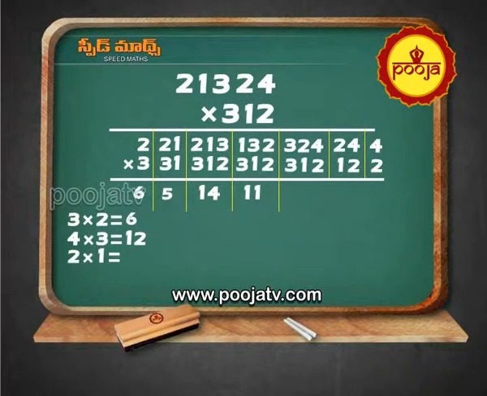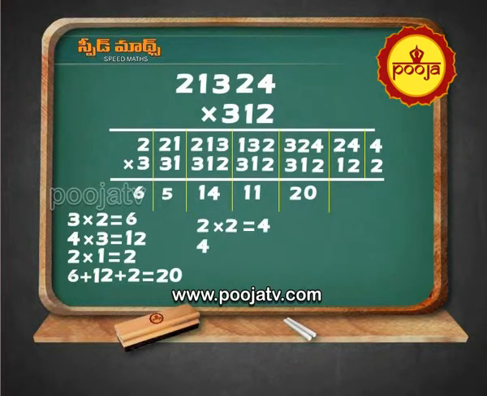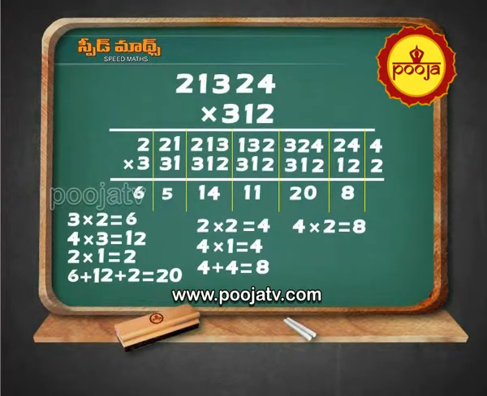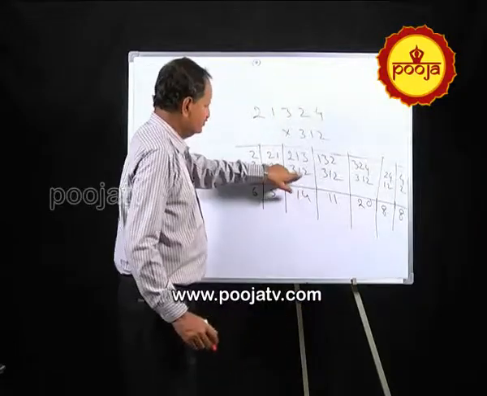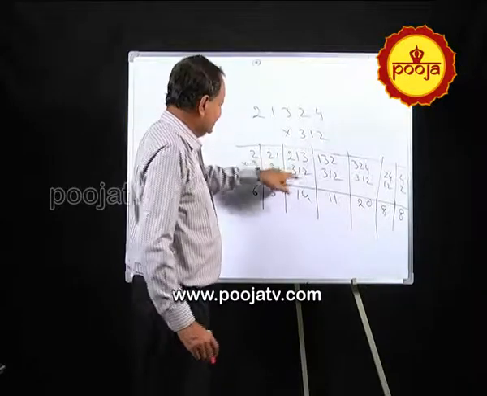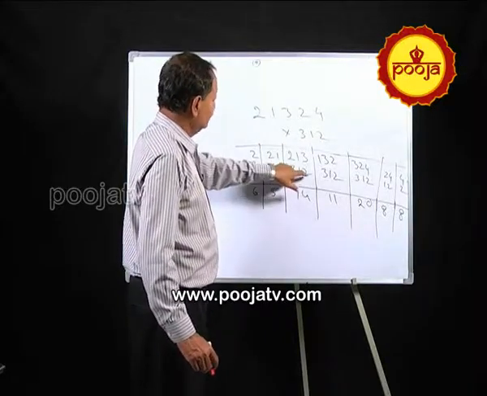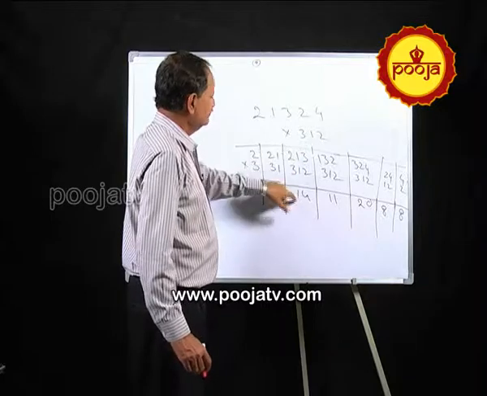But you have to see here how to do 3 to 6, 4 3 is 12, 12 plus 18 plus 2, 20, like that you have to do. But I am explaining you slowly, you see. 2 into 3, 6, 3 into 4, 12, 12 plus 6, 18, 2 into 1, 2, 20. And here nothing, 2 2 is 4, 4 1, 4 8, 2 into 2, 4, 4 into 1, 4 8, and 4 2 is 8 again. Like that these things you should be able to calculate by seeing this, see, by seeing 2 1 3 and 3 1 2, 2 2 is 4, 3 3 is 9, 13 plus 1, 14.